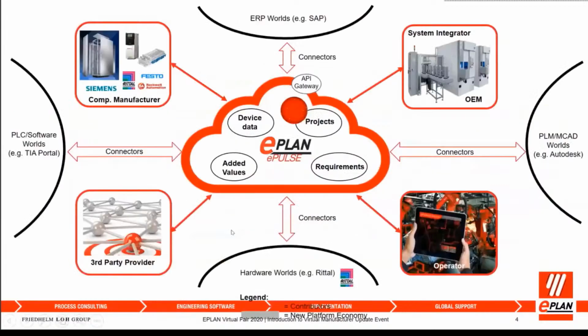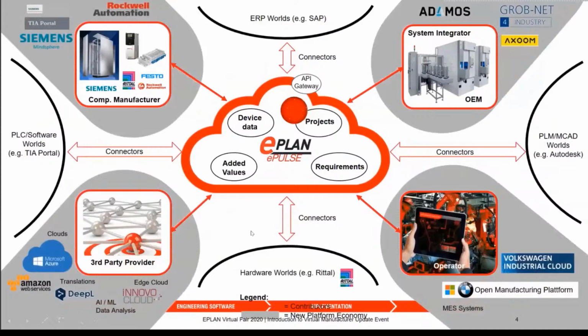On this slide, I show you something that I would like to call the solution blueprint. So this is how our cloud offering could or should look in the future. And the future means some years from now. On the lower left side, you see so-called third-party providers. Nowadays, when you open your mobile phone and you would like to install a new app, you have to go into the Apple App Store or the Google Play Store to download software. And this is something you could also imagine in relation to the ePlan Cloud,